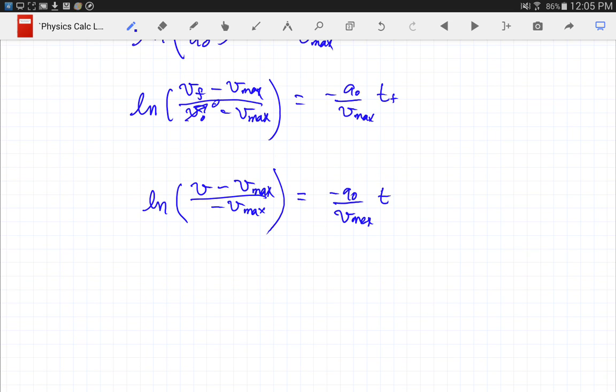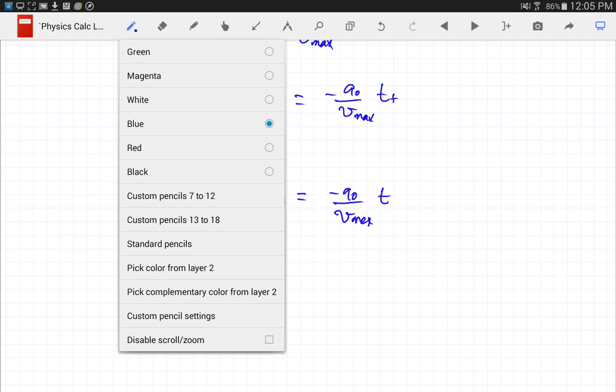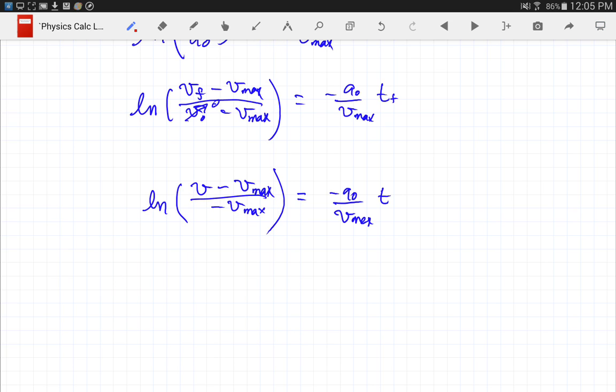What should I do now if I'm trying to solve for the speed? I have the speed inside of a natural log. So what do I do if I want to? Okay, I do the exponential on both sides because that's the inverse function of natural log. Remember that e to the ln of x is just equal to x. That's what the inverse function means. And so I do raise both sides e raised to those powers, and I'm left with on the left side